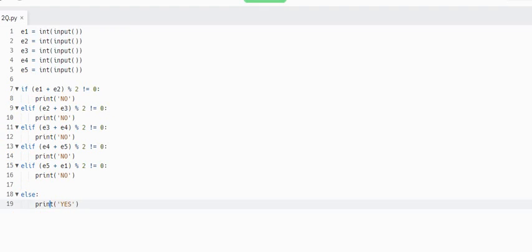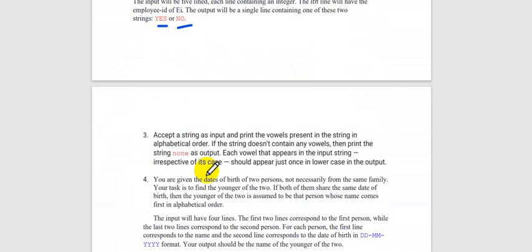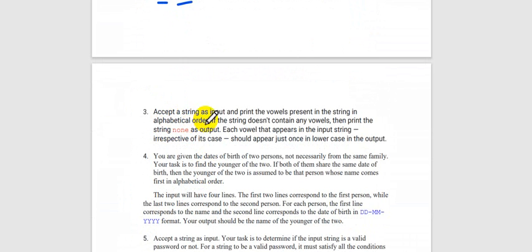So let's see our third problem. Accept a string as input and print the vowels present in the string in alphabetical order. We need to print the vowels in alphabetical order. If the string doesn't contain any vowels, then print the string none as output. Each vowel that appears in the input string, irrespective of its case,